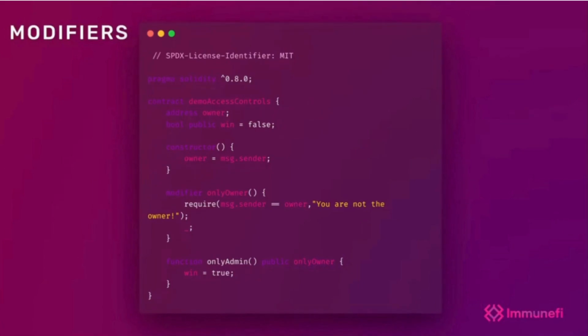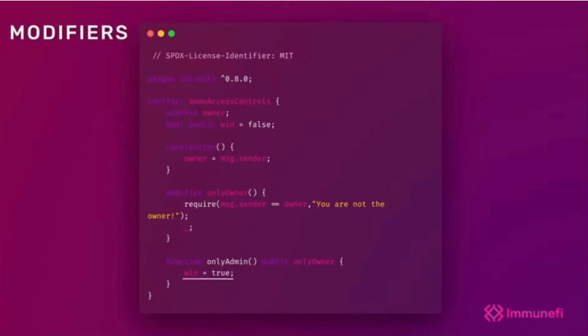In the next line, we created a modifier that checks if the value of msg.sender, which is the address that is calling the function, is equivalent to the owner variable, or else it will throw an error indicating not owner. The special symbol or pattern _; indicates that the body of the function to which the modifier is attached will be inserted. Lastly, there is a function named onlyAdmin, which is a public function with the modifier onlyOwner that verifies that the caller is indeed the owner of the contract and sets the win variable to true if the